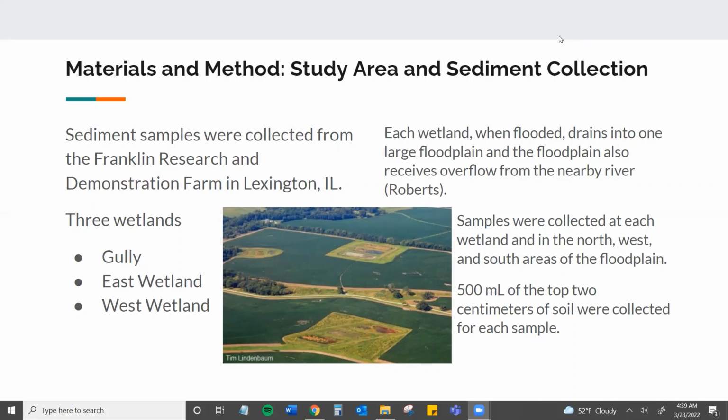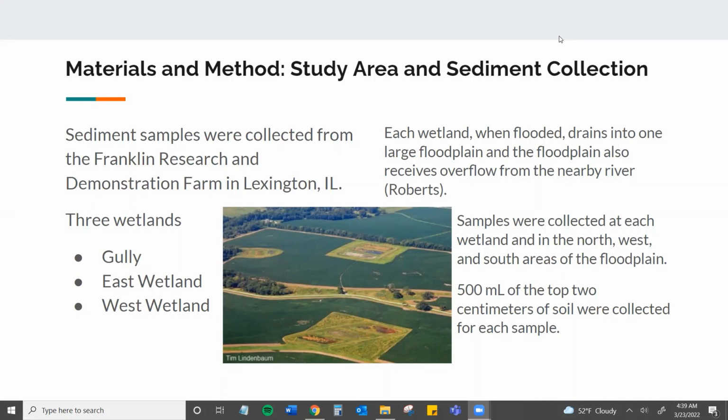So these wetlands in the floodplain were selected because each piece of the land caught the runoff from croplands and the possible pollutants and plastics found in the rain and soil of the crops. And they also contain an abundance of wildlife that could affect the amount of plastic pollution. Additionally, this area was chosen to help quantify the pollution found in soils growing crops that are sold and eaten